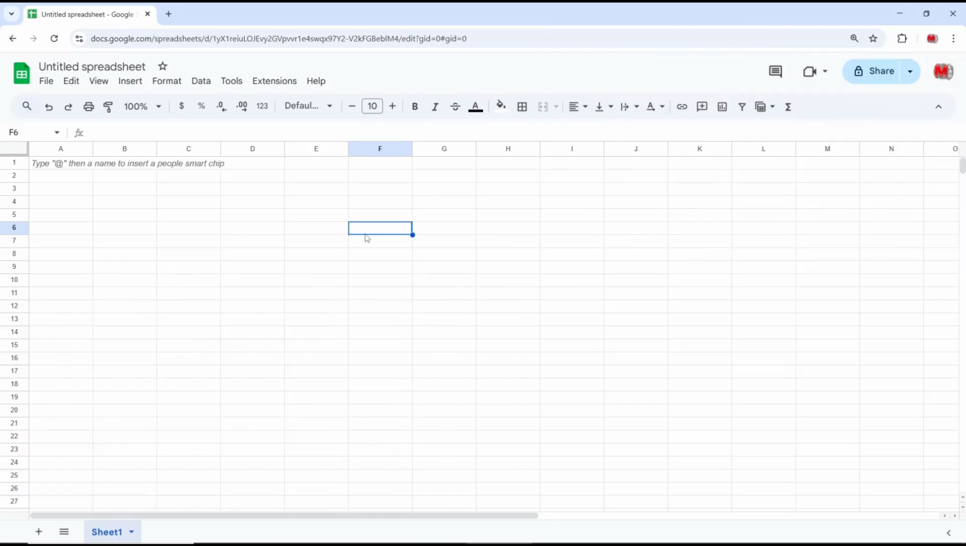Hello everyone, today we are going to learn a basic Google Sheets tutorial on how to make bullet points. As an example, I will set the names in here into text, and if you want to create bullet points,